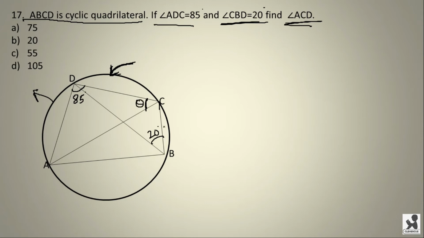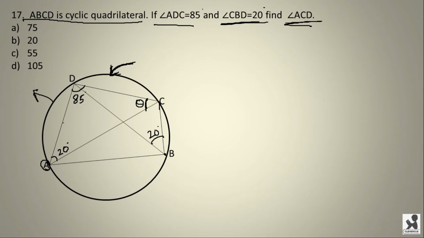Here this is a simple problem because we can see that the minor arc DC makes an angle of 20 degrees at B, which is on the major arc. Then it also makes 20 degrees at A, which is also on the major arc. So angle CAD is also 20 degrees. And now the question is so simple that it is just a triangle.